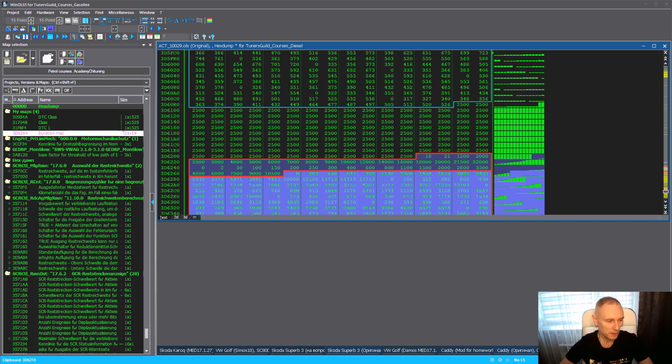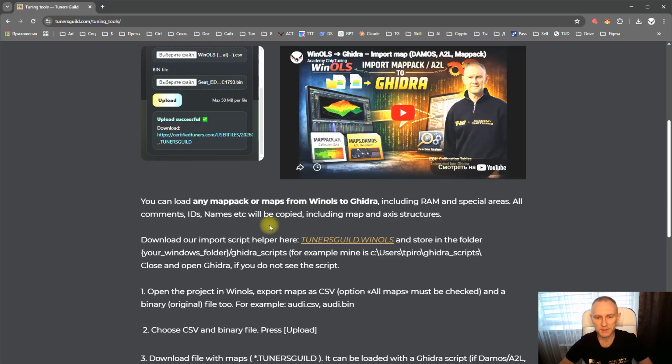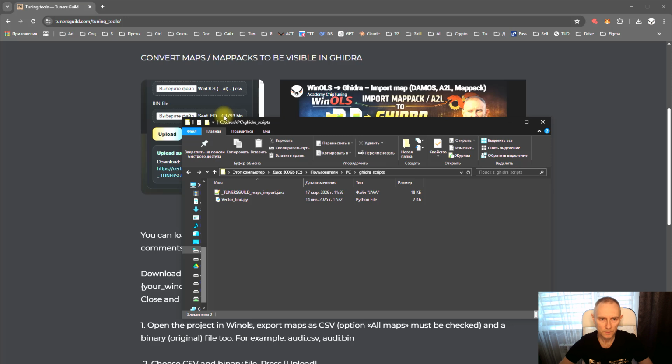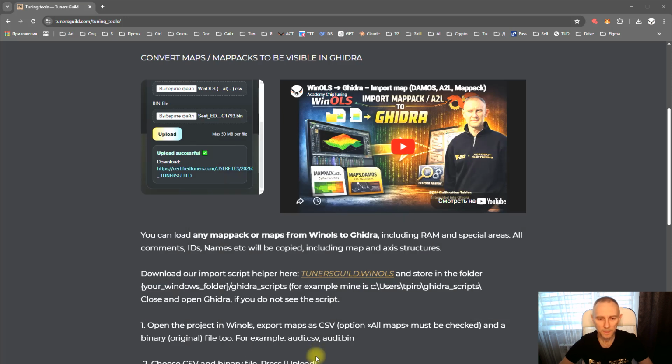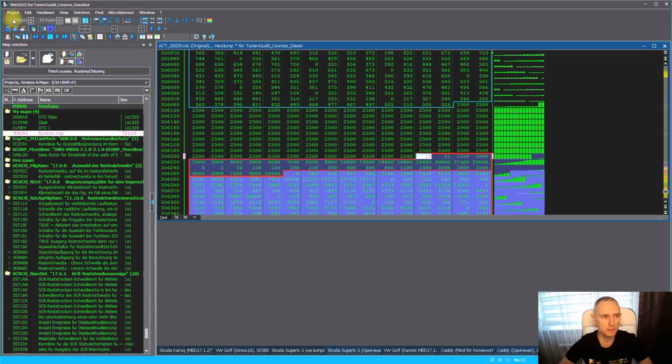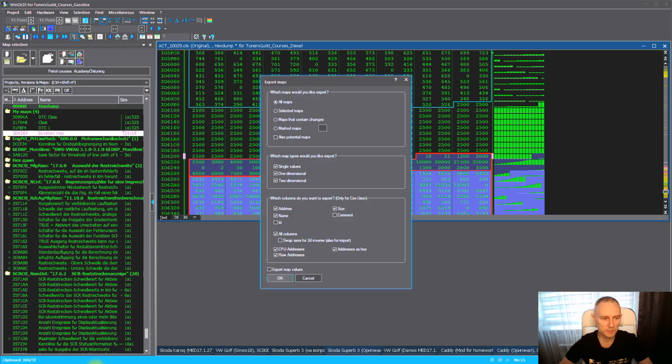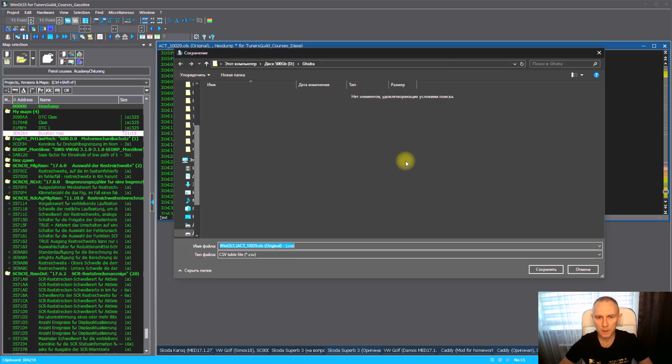How to do it? Step 1. Go to the site and download this script. Please save it in this folder. Okay. Next step. I export CSV all maps. Okay, export, save it,